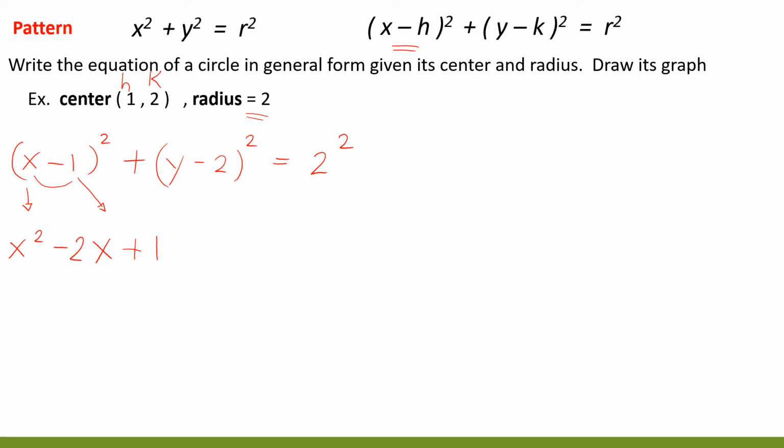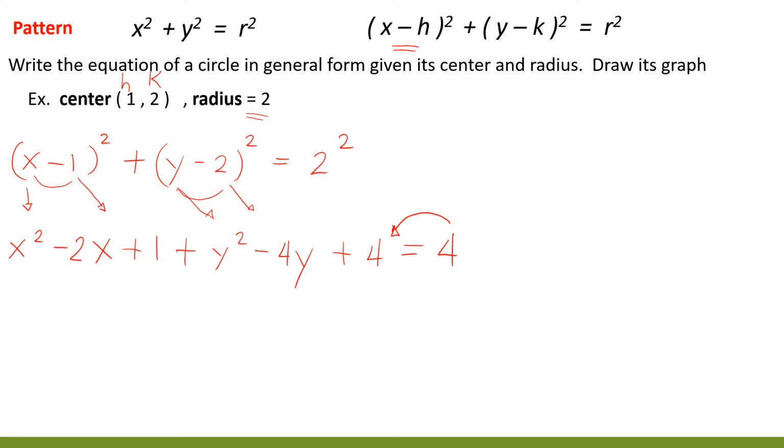Same with y minus 2 quantity squared. So, let's add a plus. Square of y squared, is y squared. And then get the product of y and negative 2, that is negative 2y. Multiply it by 2, so to get negative 4y. And then square of the second term, that is positive 4, is now equal to 2 squared, which of course is equivalent to 4. And since general form is what's asked, we need to transpose this constant term 4